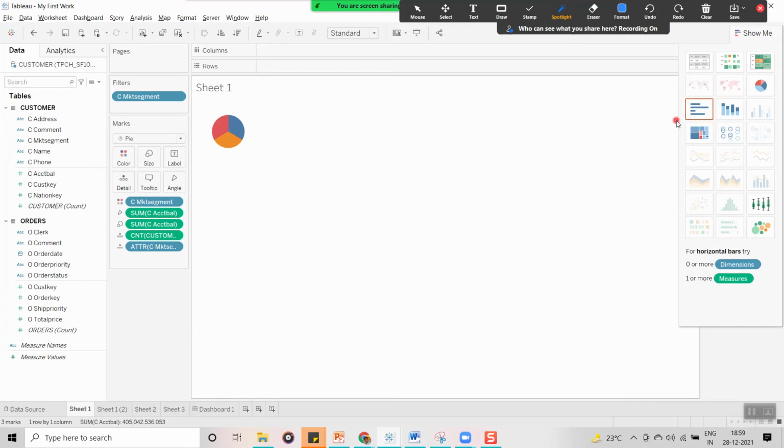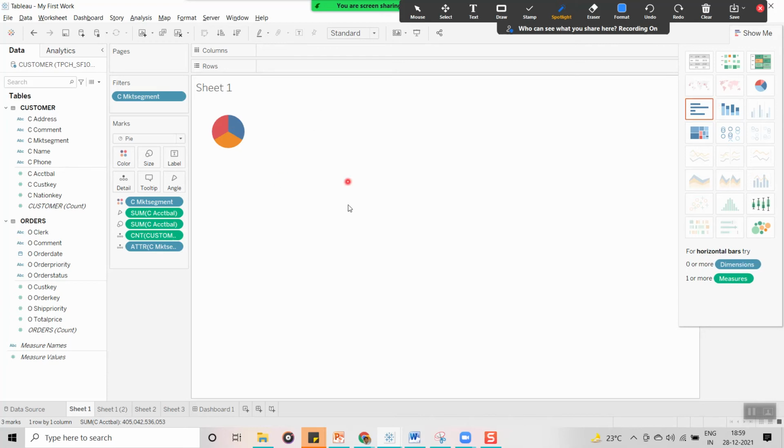Some people in interviews may ask, guys, why do I get an orange color box for some visuals in Show Me? This orange means it is a recommended graph by Tableau for the fields we are using.